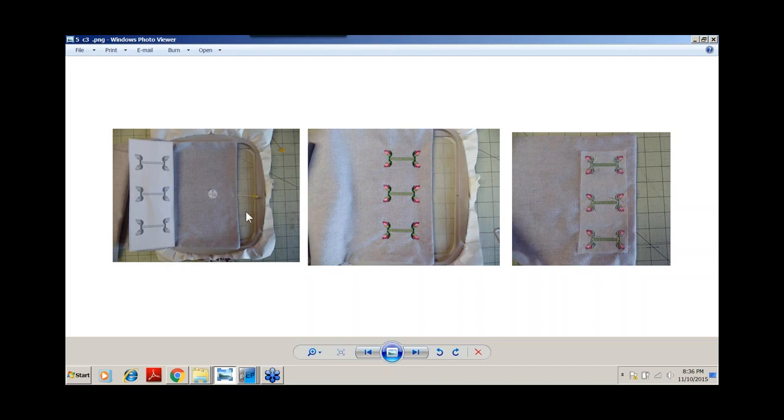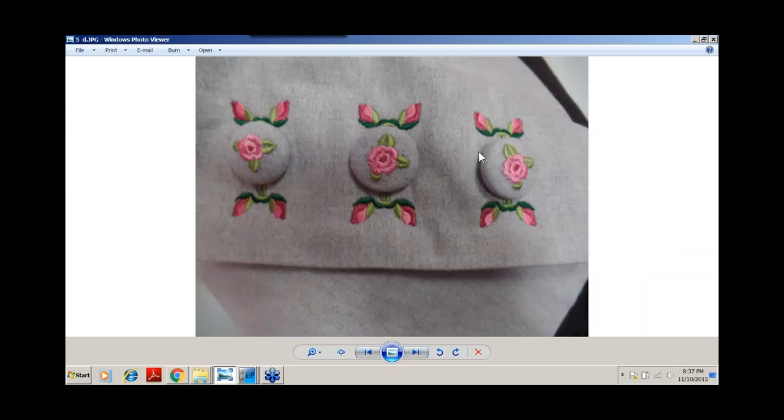This is the sticky wash away adhesive. This is what it looks like when it's all embroidered, and this is what it looks like in back without the stabilizer removed. So I would take my scissors and cut as closely to that as I could, and then if I needed to, rinse it out in water to get any remaining. We then have beautiful buttonholes, and with these fun decorative buttonholes showing, you need a button that is worthy of